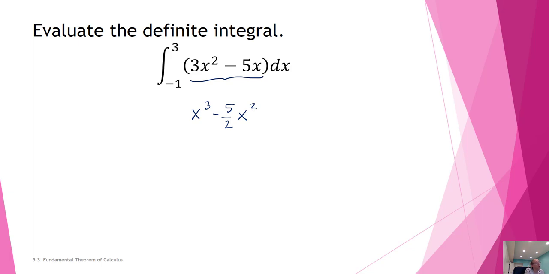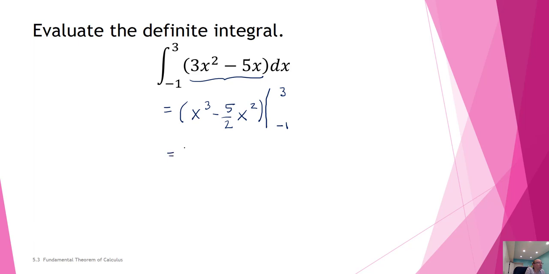Okay. And then the fundamental theorem of calculus tells me that I plug in 3 and I plug in -1 and subtract. The way we typically notate this is we put a bracket on the end, we put the -1 at the bottom, and the 3 on top. This is the way you will see it in textbooks. However, most people, when they're writing it by hand, this little bracket gets annoying. So instead of writing a bracket, we usually just write a straight line.